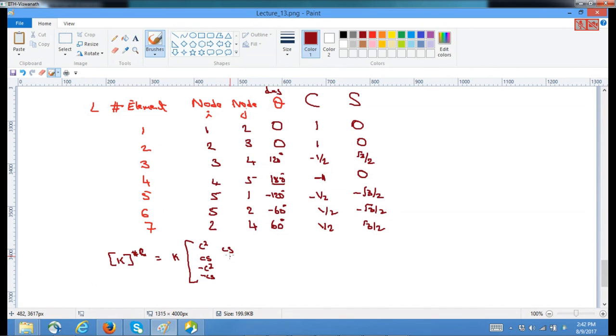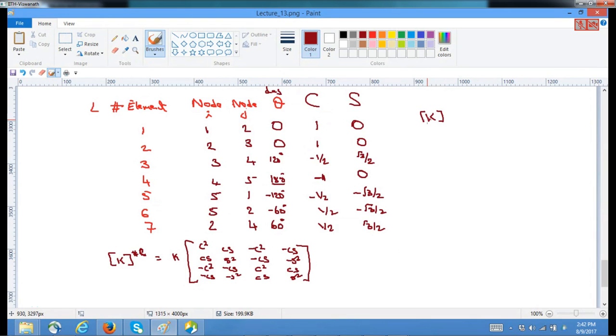This is CS, S square, minus CS, minus S square, minus C square, minus CS, plus C square, plus CS, minus CS, minus S square, plus CS, plus C square, is the K matrix. So correspondingly for the element 1 I can write it as,